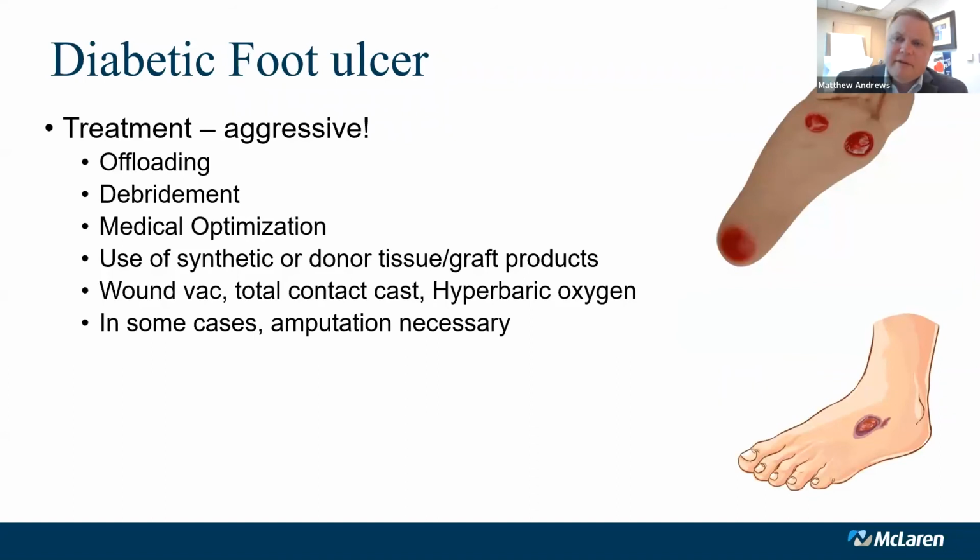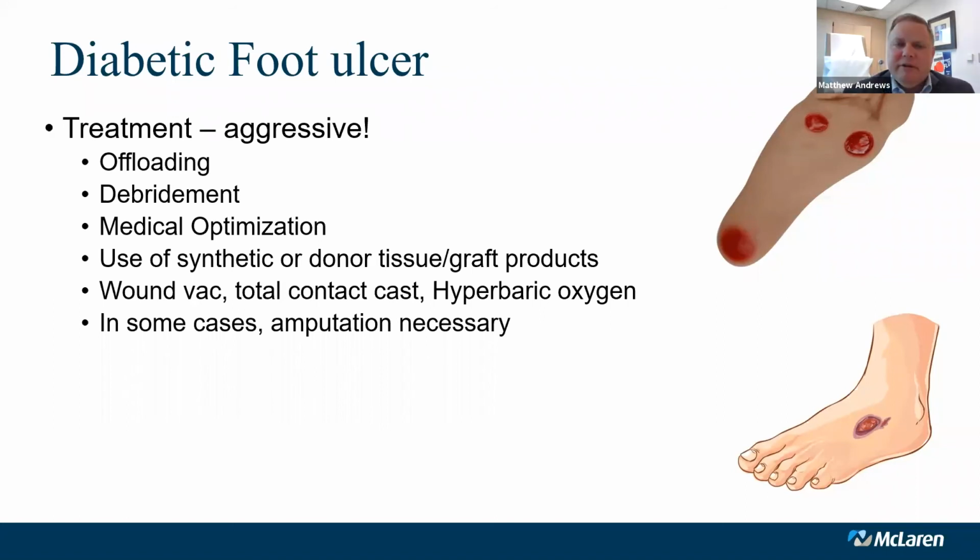So our treatment for diabetic foot ulcers is relatively aggressive. We do as best as we can to offload this. So sometimes we'll build up offloading padding within a shoe. Sometimes we need to use custom shoes or custom shoe inserts. Sometimes we need to use a boot, and in some cases we'll even do casting, really just to keep the pressure off these things. So the primary treatment for any kind of wound is to reduce that pressure. Debridement of the wounds, like we discussed, helps you to remove a lot of the non-viable tissue and expose some of the healthy tissue, which will help to speed resolution of the wound.